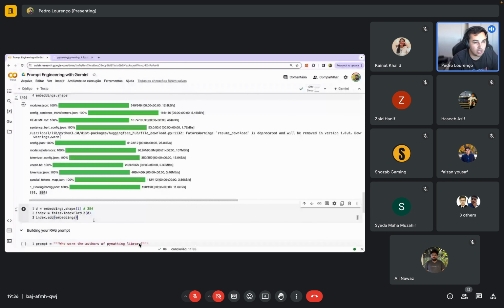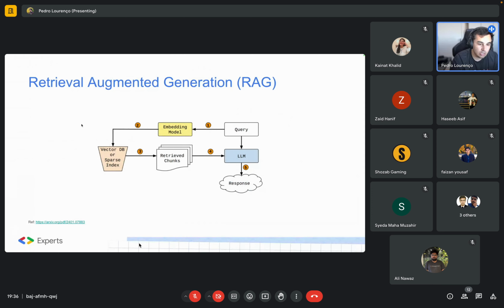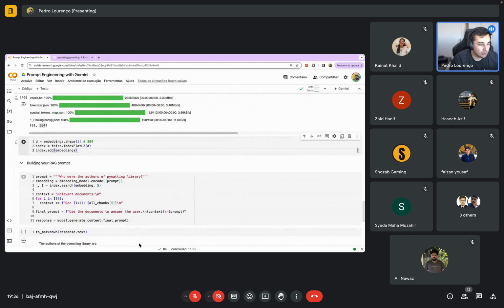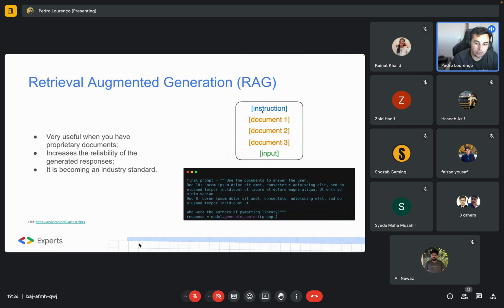So the user question is, who are the authors of the PyMatching library? Now what we need to do is transform this into an embedding and search. Here I'm searching the 5 closest documents to this input, and then we will build the prompt in the same way I showed here. So instruction, document, and the input. Basically, the relevant documents, we add all the documents and then we build the final prompt. So I will run this and let me show you